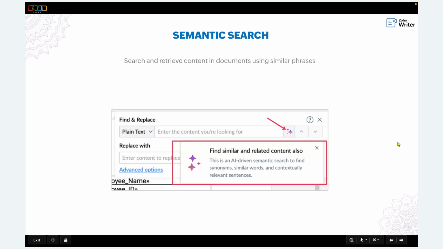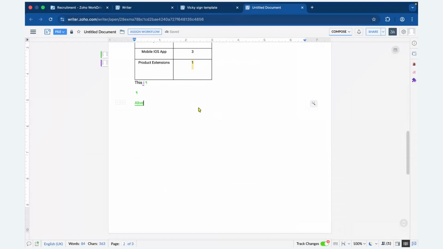Now, getting back to semantic search. Using Zoho Writer semantic search allows users to search using meaning and intent and not just the exact keyword. Often users don't know exactly what they're looking for. So getting back to the document here, let's say we have a word called line, and using the semantic search option,